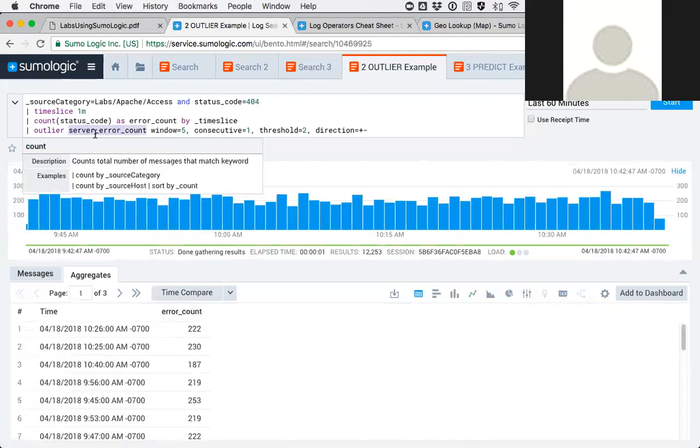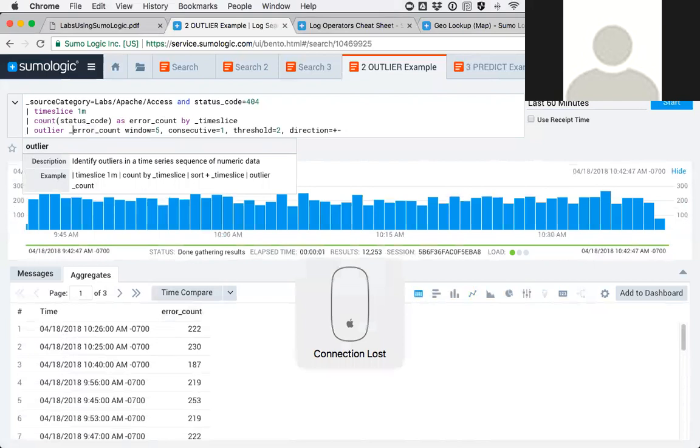Then what I do is I say, okay, now let's use the outlier operator on that error count. Oof, again, I lost my mouse. Let me just switch here then. Okay. So outlier on that error count, and it's saying,